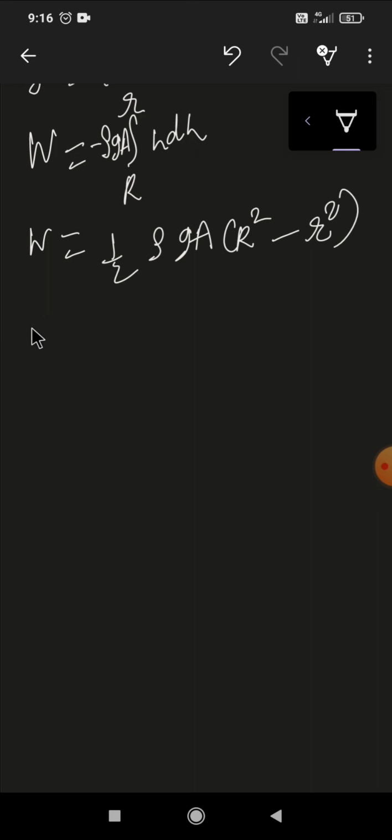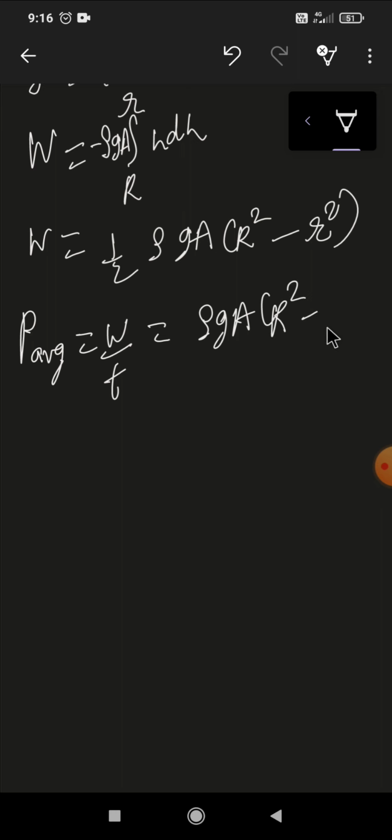So the average power will be work done upon time. So that is rho g A (R square minus r square) upon 2 into